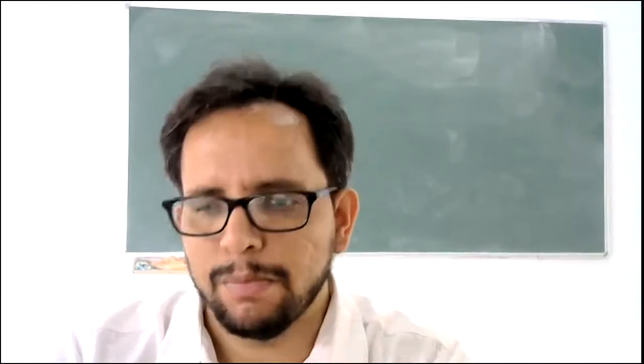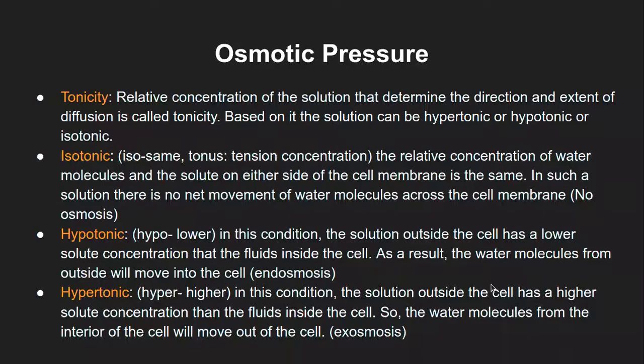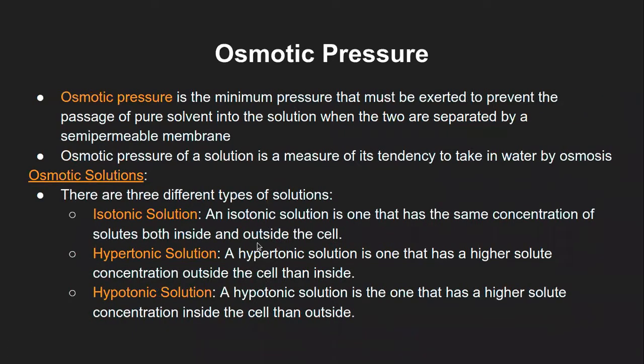So then I'll go back to these slides. Okay, so that is what is being explained here. Isotonic solution, the same concentration of solute both inside as well as outside the cell. If it is a chamber-like arrangement, then it is the same concentration in both the chambers. Hypertonic solution, one has higher solute concentration. Like if the outside of the cell is considered to be hypertonic, then the outside solute concentration will be higher than the inside.